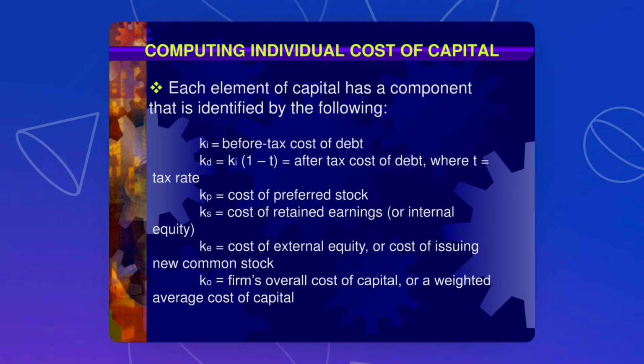You also have KS, or the cost of your retained earnings or internal equity. You have KE, the cost of external equity. And you also have your KO, the firm's overall cost of capital, or the weighted average cost of capital. So class, that is what they mean, or how we will be able to compute for our cost of capital. Alright,